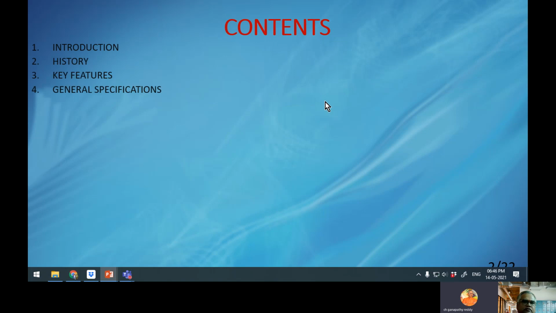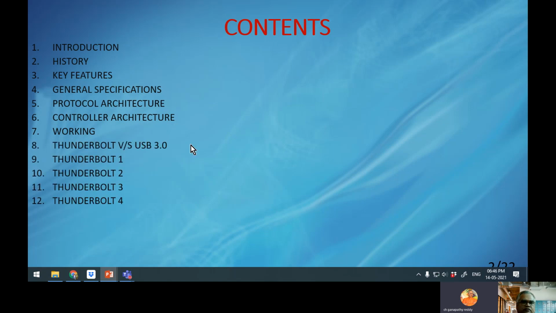Contents. Here I grouped it. Introduction, history, key features, I grouped it. General specification, etc., grouped it. These are all Thunderbolt, Thunderbolt, Thunderbolt. So grouped it. So that also we can apply.